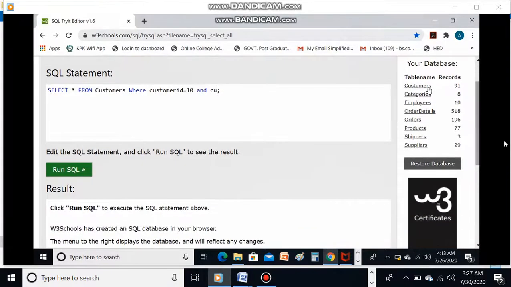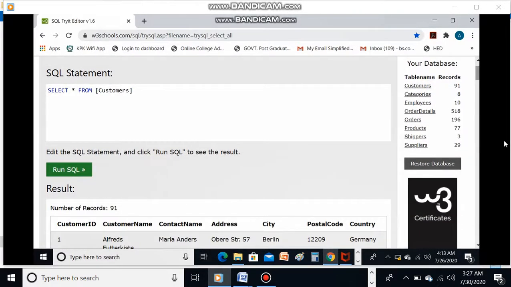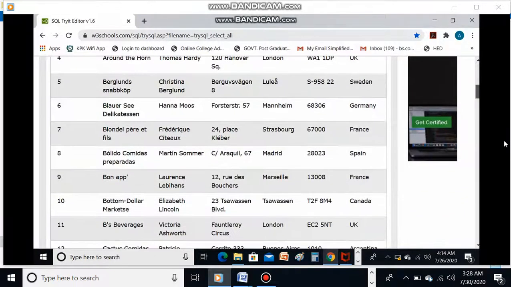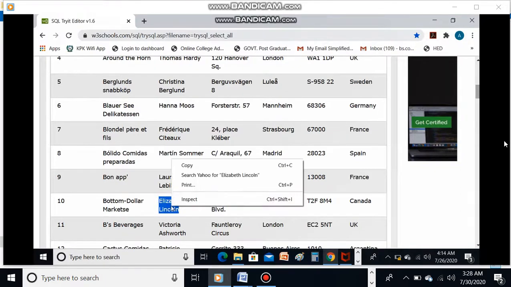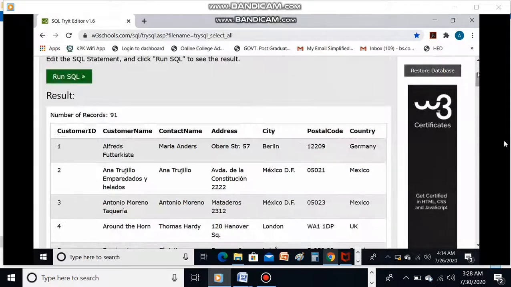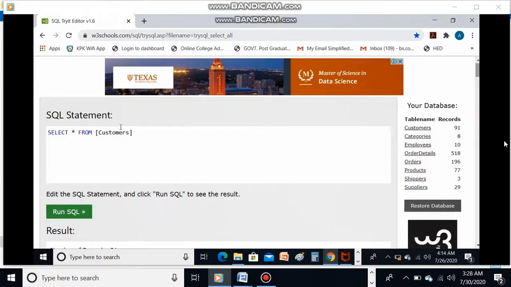Let's see what are the fields of the customer table. Okay, so there are different fields: customer ID, customer name. If you want to put a condition on any of them, you can include it. Let's suppose we are taking this Elizabeth Lincoln in our condition. So let's suppose